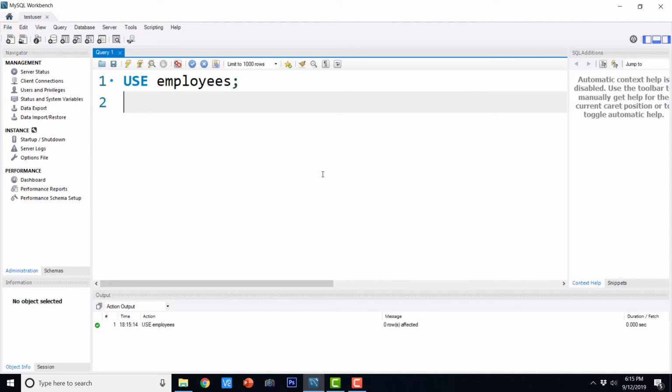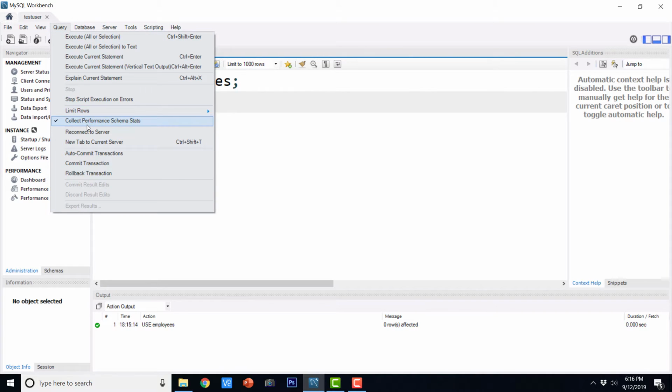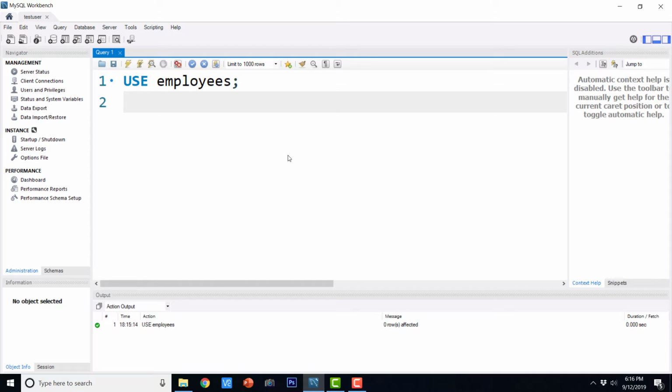But truncate is a DDL command. Whenever you execute truncate, and if you try to execute rollback after that, you are not going to get your database in the original state. By default, truncate is an auto commit command. So I'm just going to go to the query and let us disable the auto commit. Okay, it is already disabled. Truncate is for deleting all the records from a table. Let us see how we can execute truncate on a particular table.